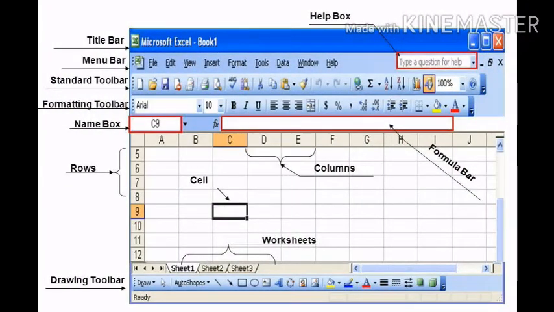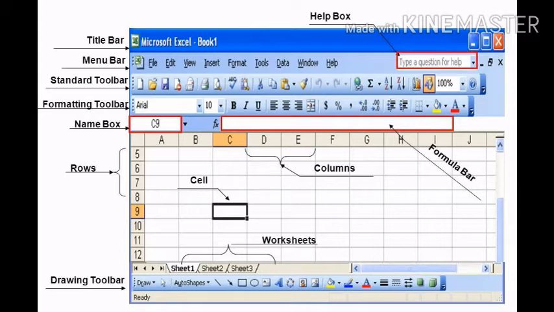These are the parts of MS Excel window: title bar, menu bar, standard toolbar, formatting toolbar, name box, rows, drawing toolbar, cell, worksheet, column and formula bar.